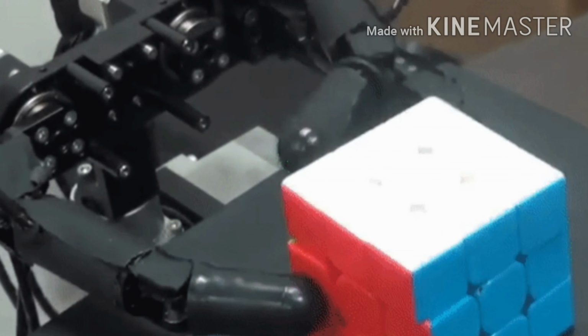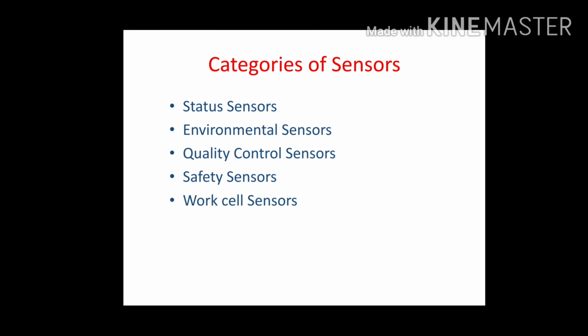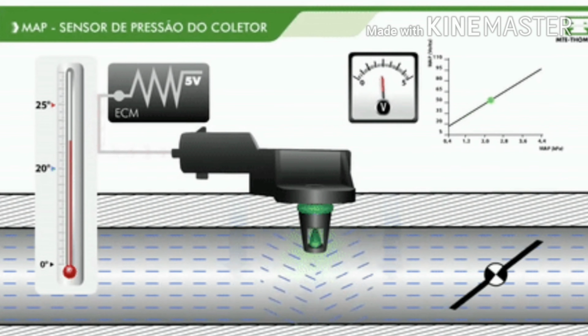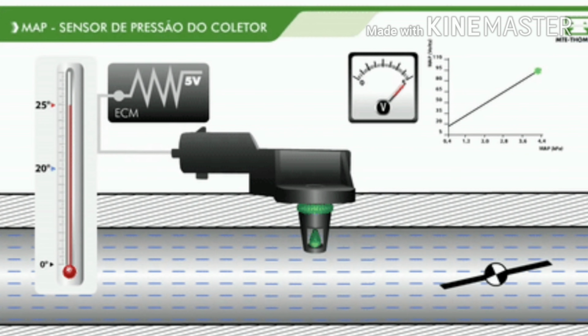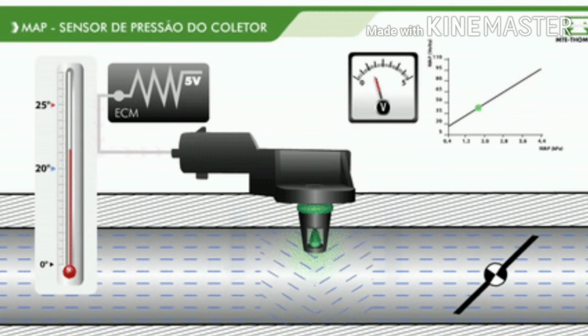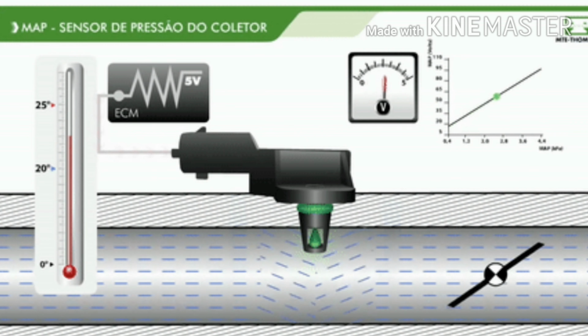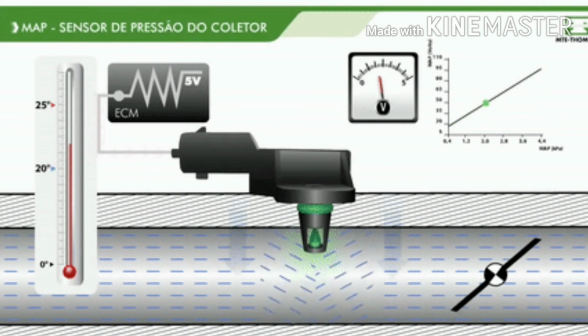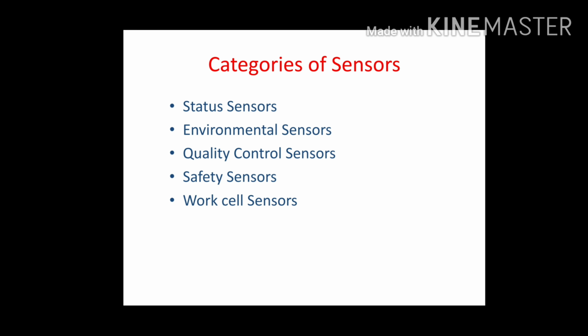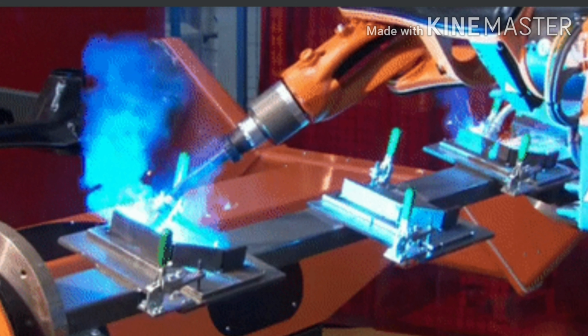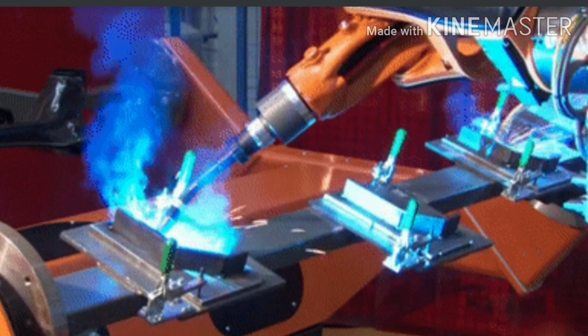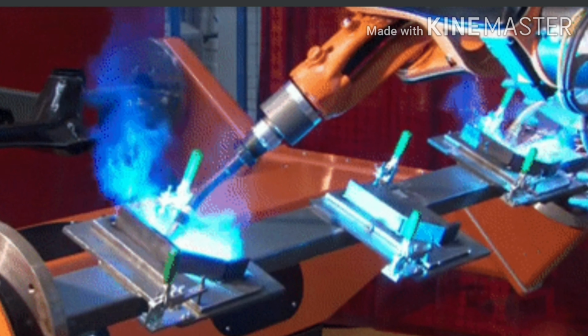The next sensor is the safety sensor. The safety sensor is very important for big companies where fire hazards may take place because of negligence of the workers or conditions when the equipment is not maintained properly. So these types of sensors will be used in such cases, which provide safety for the workers and other equipment in the working environment.